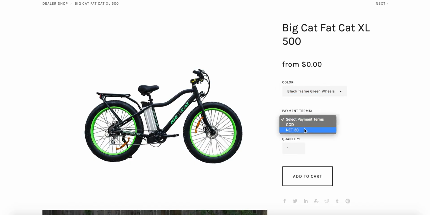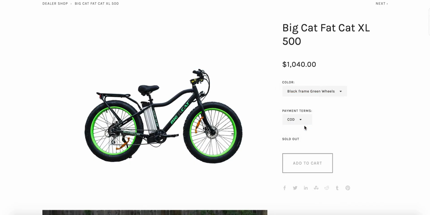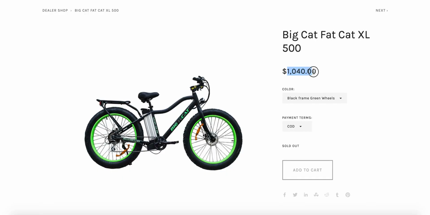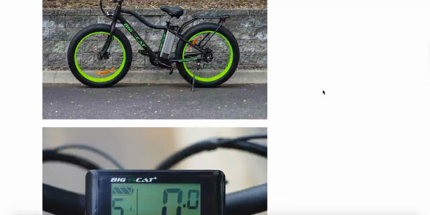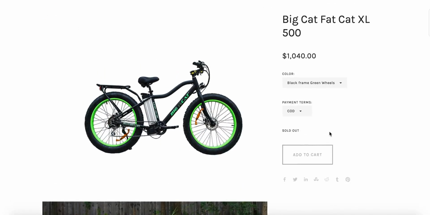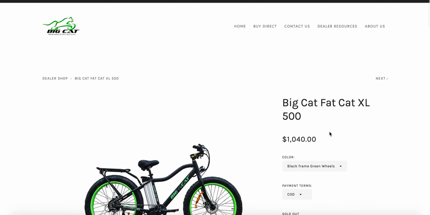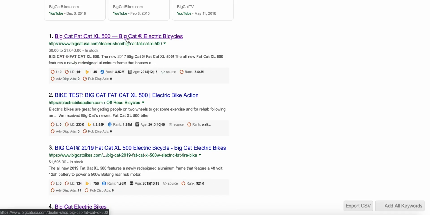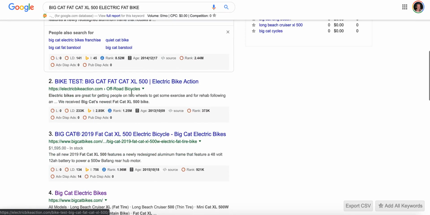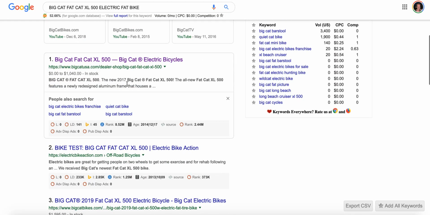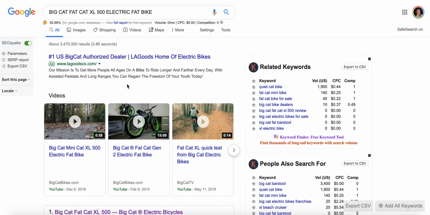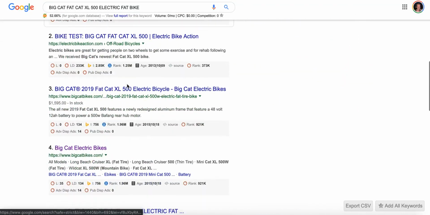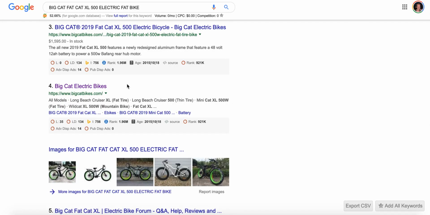Obviously that's a big deal, because then, yeah, see, they're selling it for $10.40 on their own website. Crazy, right? So it's difficult to compete with the supplier that wants to sell direct to the public lower than what you can. And so when you go to reach out for an account, you can kind of bring that up and say, hey guys, I did notice on your website that you are selling this direct to the public at a lower price than what is available on the other websites, and that sucks. I would hope that you're willing to raise that up to MAP pricing. But, it is what it is.